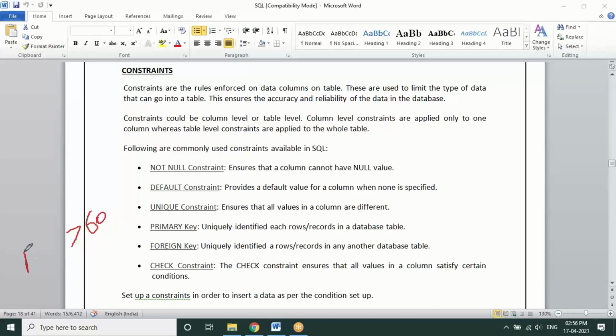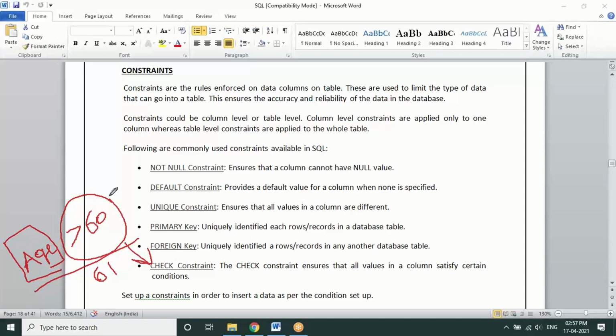So I give a constraint like age greater than 60 as a check constraint. The people who are adding values to this particular column of age cannot enter any value less than 60. So this check constraint will enforce that data should be entered in a conditional manner. That type of constraint, we call a check constraint.